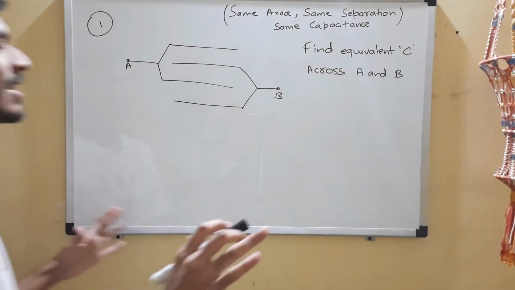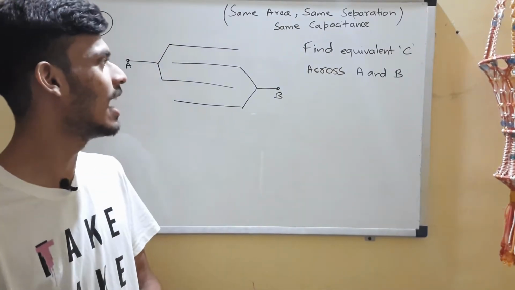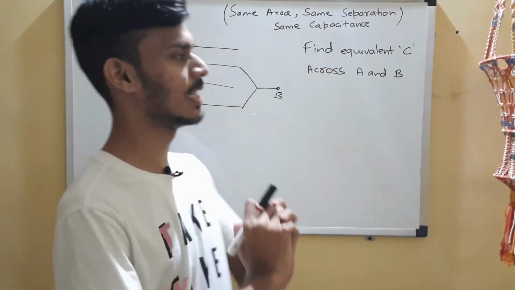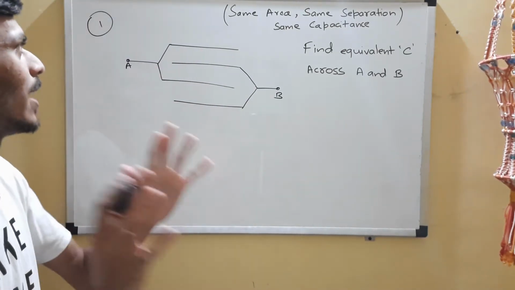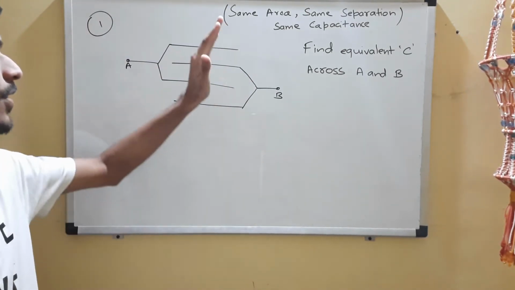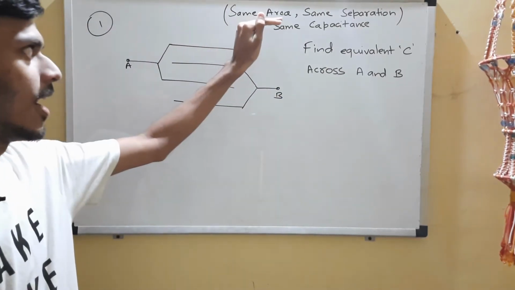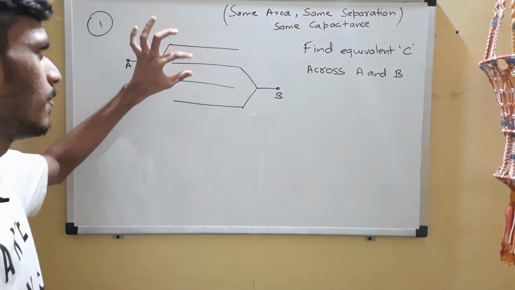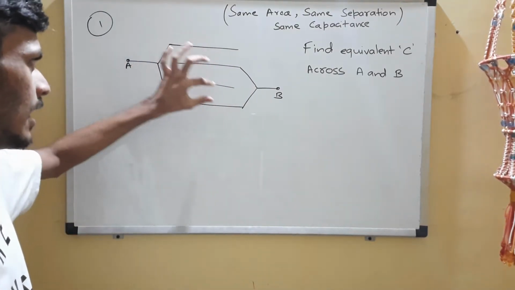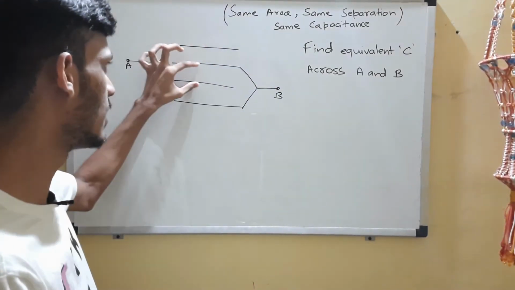Okay, so let's begin our discussion directly with the questions today. We'll discuss the approach side by side. And before we begin with the questions, here is an assumption that you are supposed to remember. In parallel plate combinations, we assume that all of the plates in the combination have the same area. The distance of separation between any two adjacent plates is the same. So it's d, d, d.